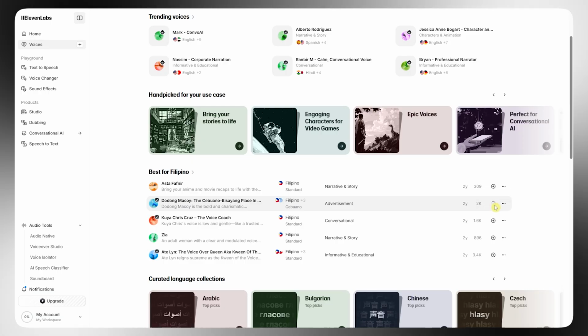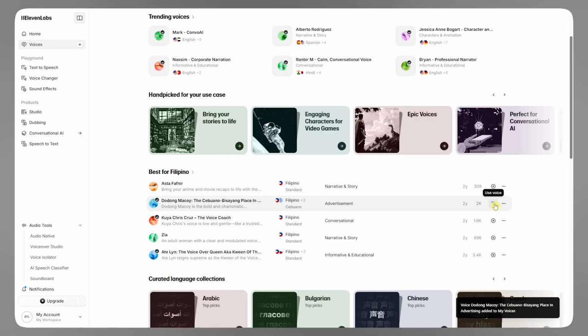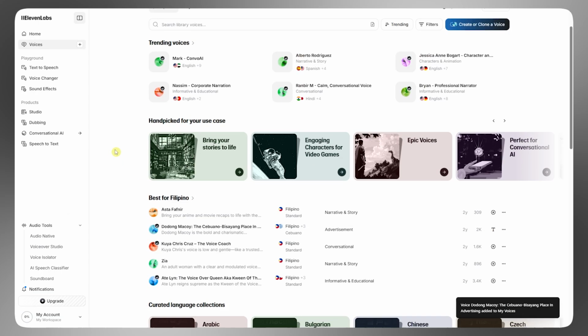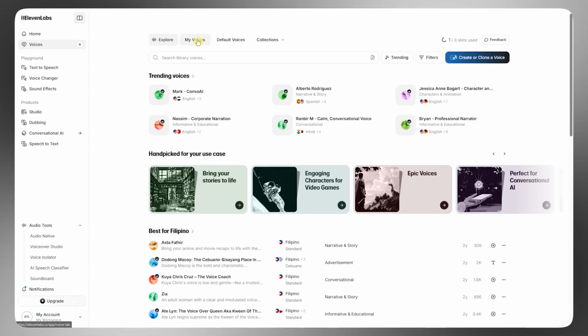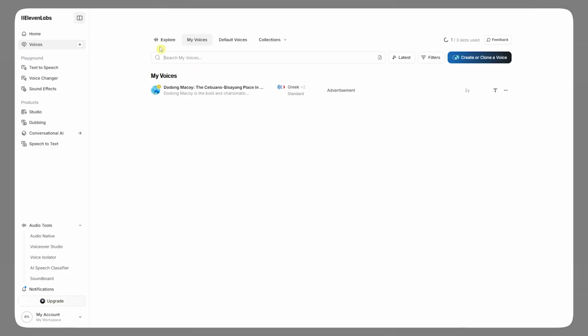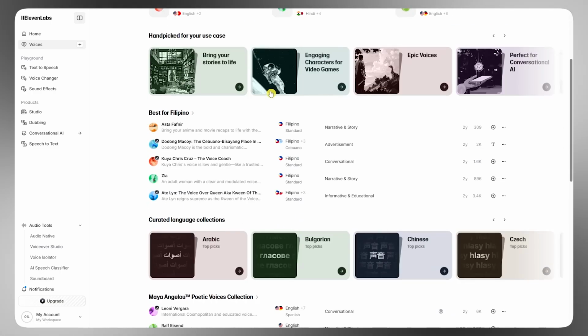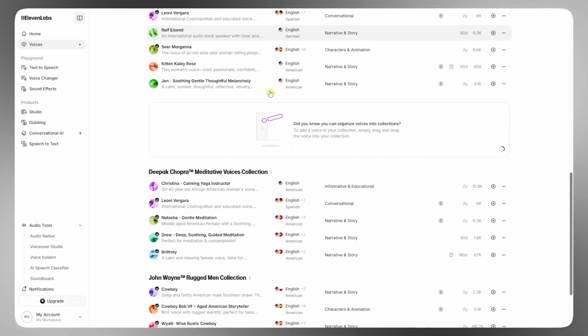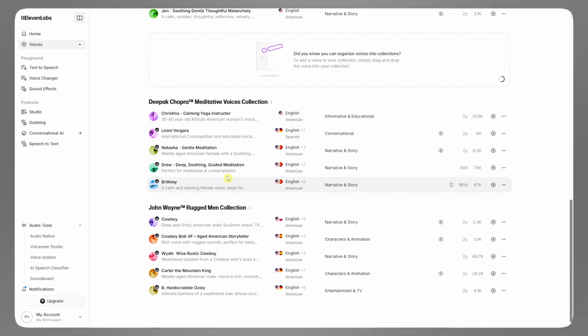You can click on that. For example, this one. And then it will now be added into your voices section. You can click here on my voices, and then you should now be able to see it added right here. So yeah, this is basically where you can browse different voices here in ElevenLabs, like which one you would like